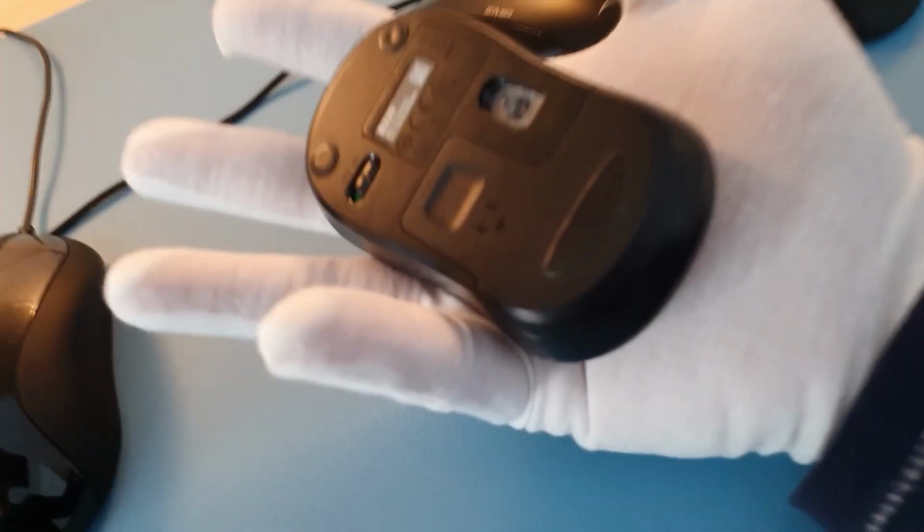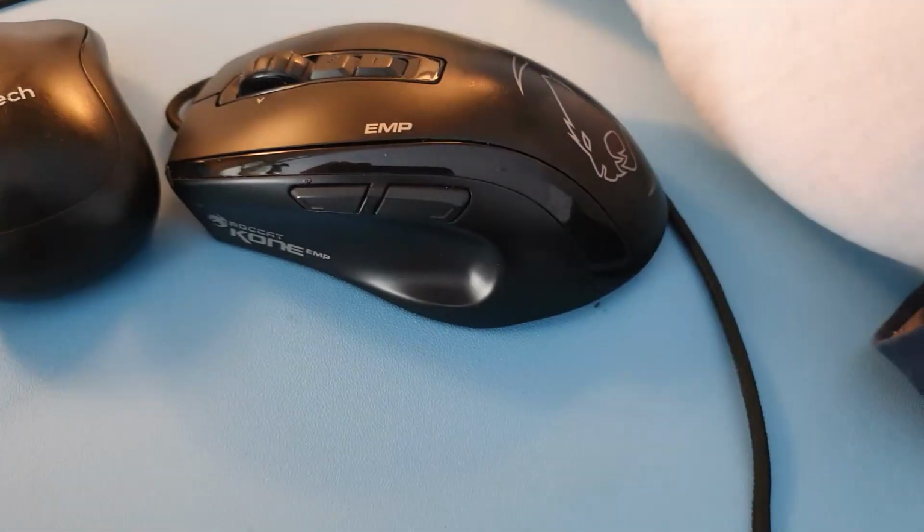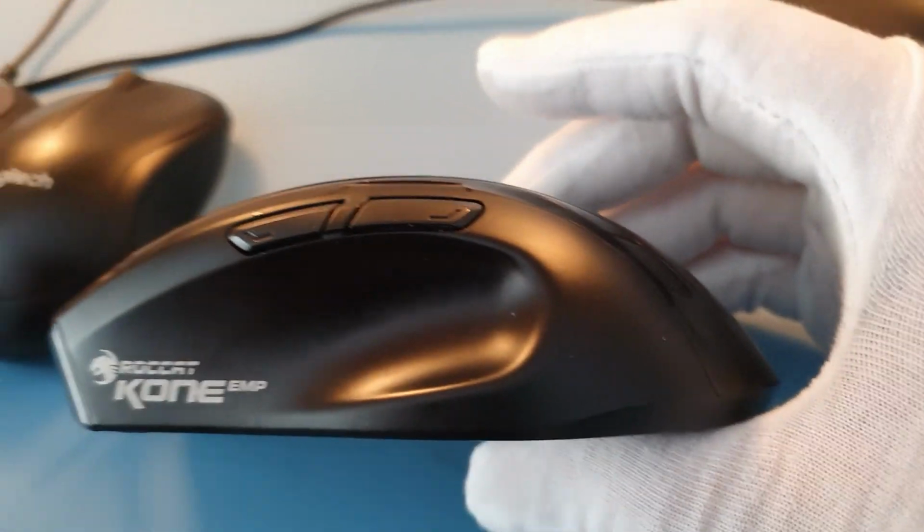It feels like you're holding an egg in your hand, so this is not going to work. So you should go for a bigger mouse, something like that, where you can rest your palm. And also, if you like the palm grip, you also have to pay attention to the profile of